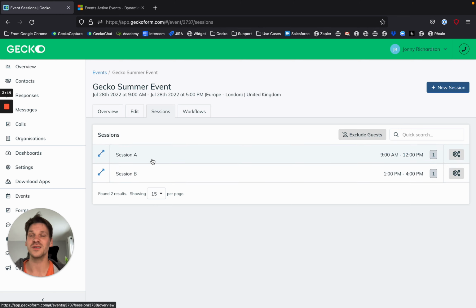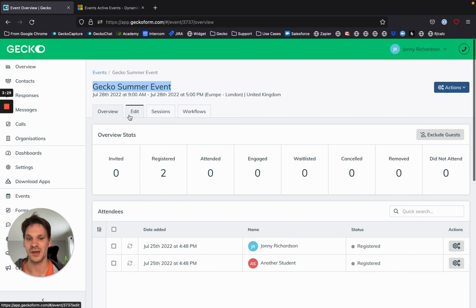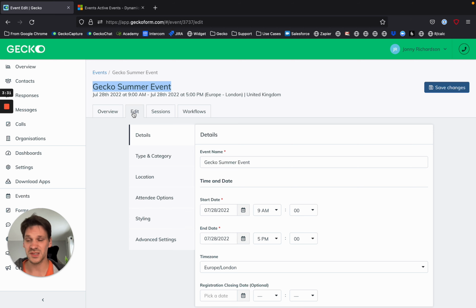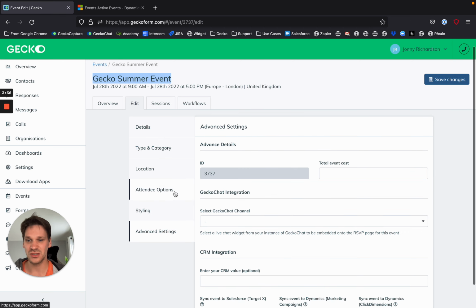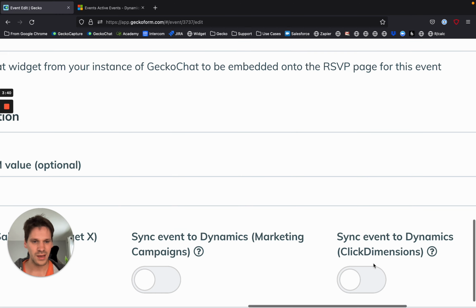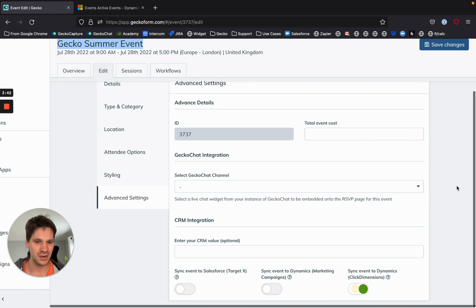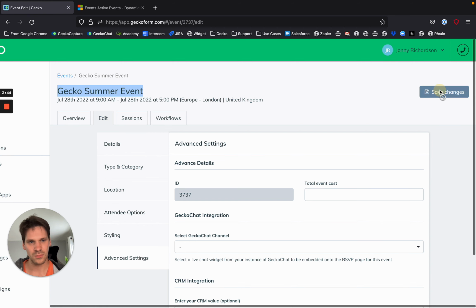Whereas if you weren't using ClickDimensions and instead you were using marketing campaigns, which we also support, Gecko can only push the top level status. We can push the statuses for the individual sessions with ClickDimensions. Okay, so in terms of syncing, all we need to do is build our event, get everything set up, go into the advanced settings for the event, and tell Gecko, hello, please sync this to ClickDimensions. Hit save,